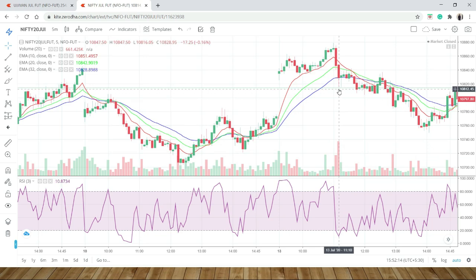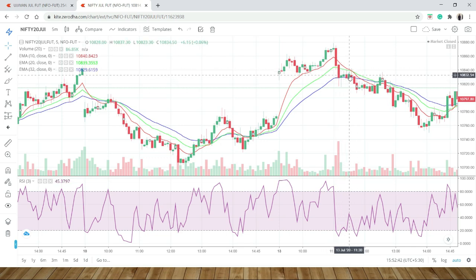So from this second candle my trade is activated, buy call is activated. When I, let's say, at 10,820, the buy call is activated. So from this buy call, I put my stop loss around 50. Sorry, not 50, but it is around, let's say, 790. So actually at this place